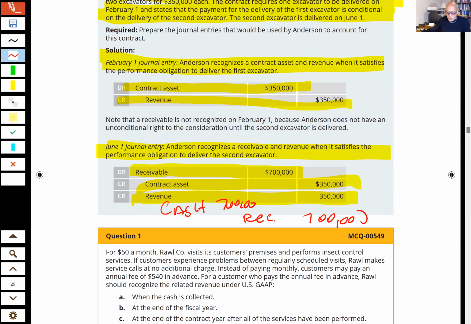Is it really that important that we call it out as a contract asset versus a receivable? I guess technically what they're saying to us here is, well, what if something happens and you can't deliver the second excavator? What are you going to do? Well, if you can't deliver the second excavator, I guess they're going to have to give you back the first one. You'd be crazy if you didn't put that in the deal because you never got paid for the first one, right? So the deal would have to be that they're going to give the first excavator back to you if you can't give them the second.